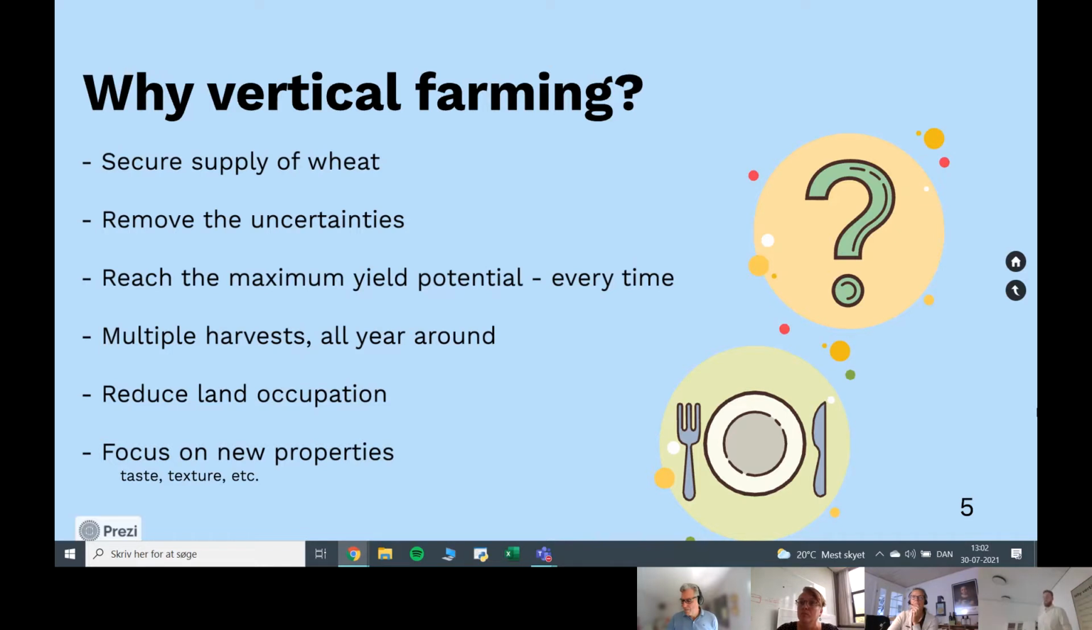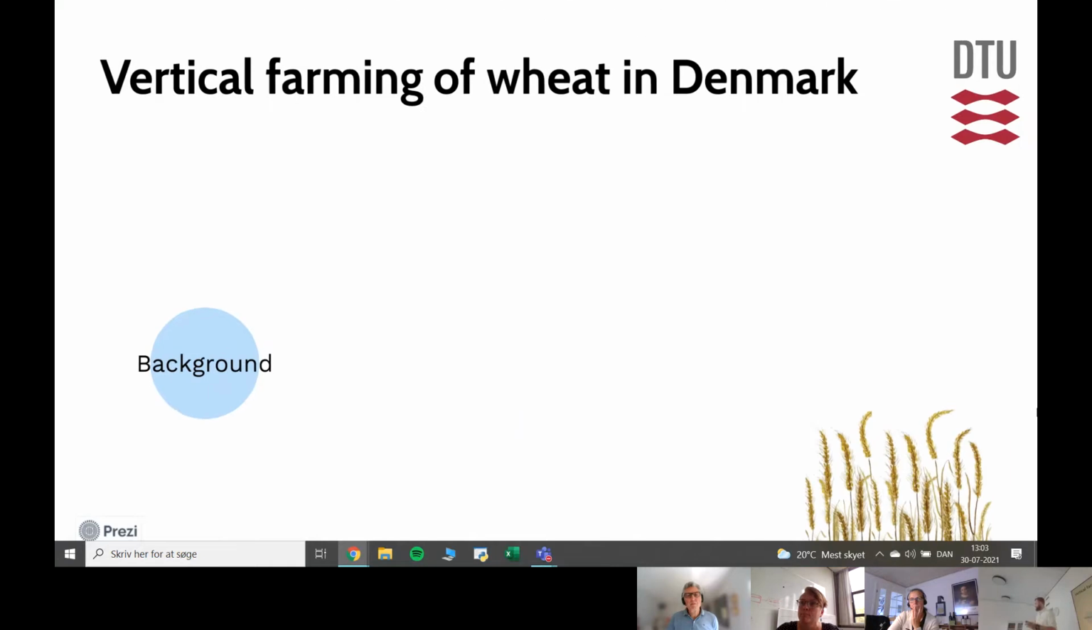And now, since that's not an issue in this system, we can start focusing on something like taste, like texture. We can start targeting what we want with the wheat, which sector needs it, and it opens up a variety of options in that regard. So that was a little bit about the background, and now we move on to the first steps in the